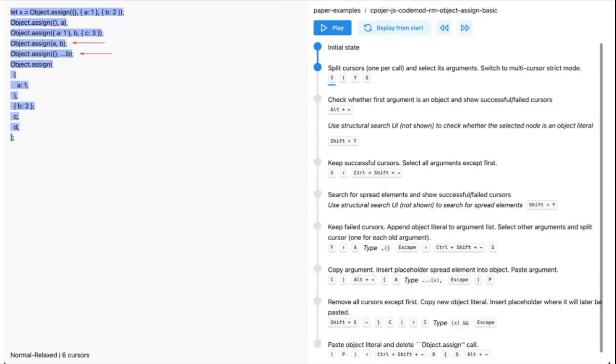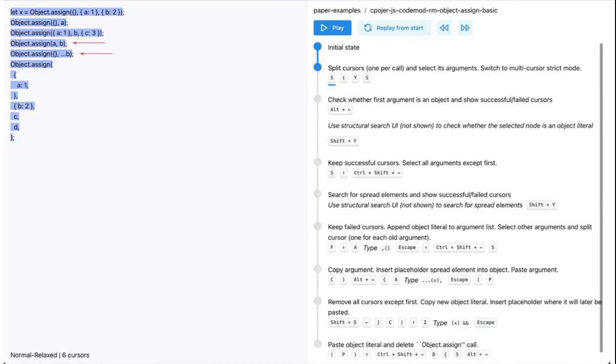Okay, so on to the second edit I want to demo. Here we're taking this Object.assign function, which is a standard built-in function, and we'd like to replace it with a newer syntax that's available in newer JavaScript. This newer syntax can replace some of these Object.assign calls, but not all of them. There are some restrictions for stuff that can't be converted. So say we originally start with 1 cursor per Object.assign call, which is the case here with our 6